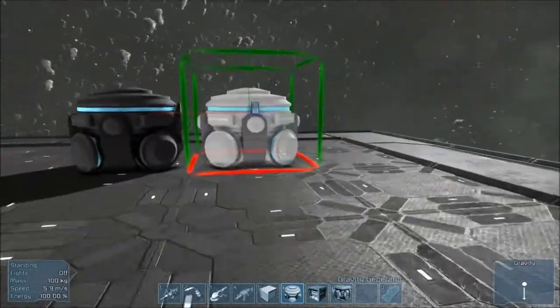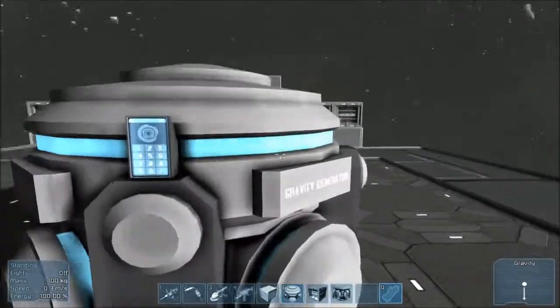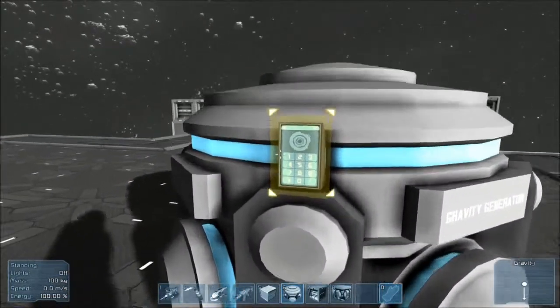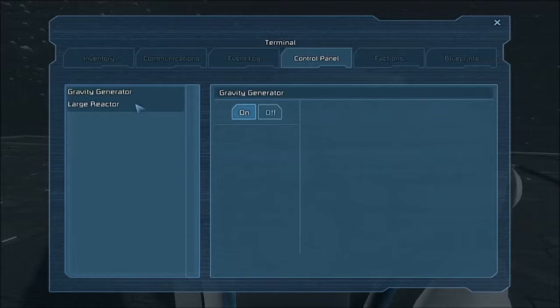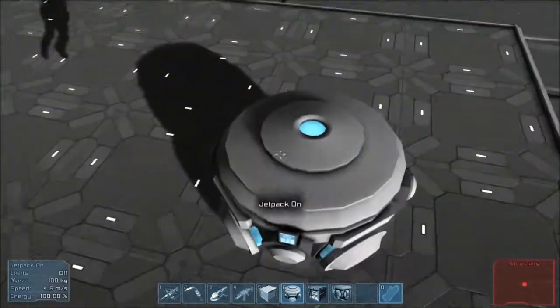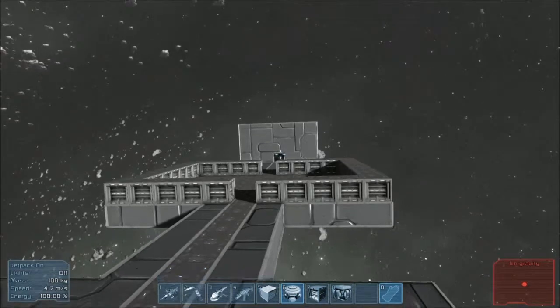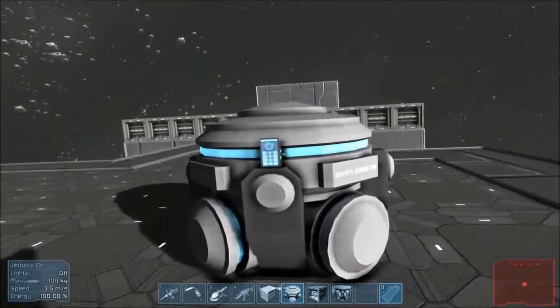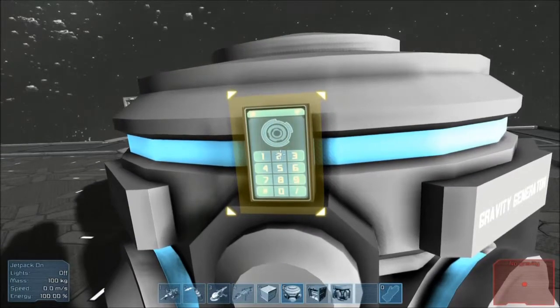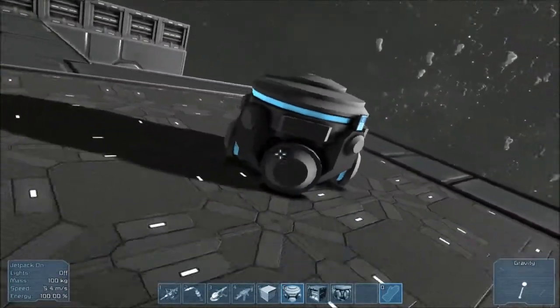And I don't think they require power in this version, but I would be very surprised if they didn't. Let me just try turning the main reactor off. Oh no, yep, they do require power, except they get power from anywhere on the ship. In this case, that massive reactor room. So yes, I do like to wire these up to a smaller reactor, just so that we can get a bit of backup power. So let's get that up,